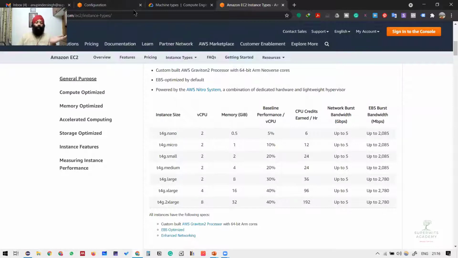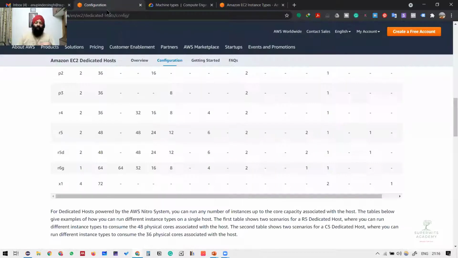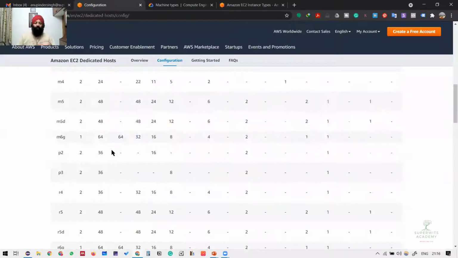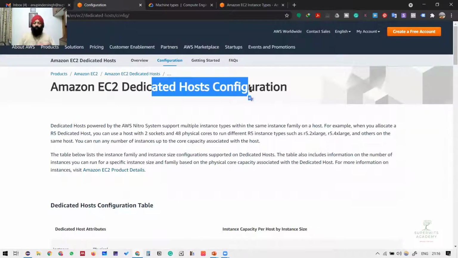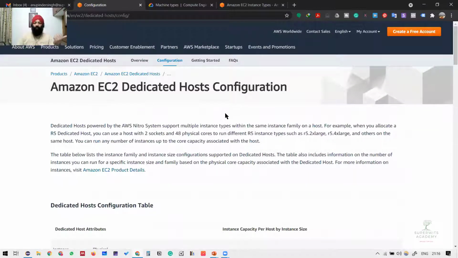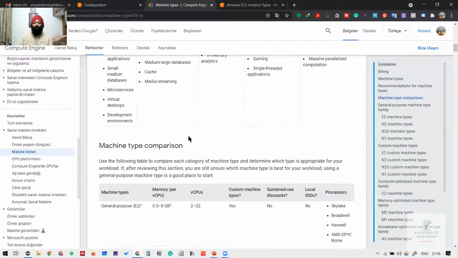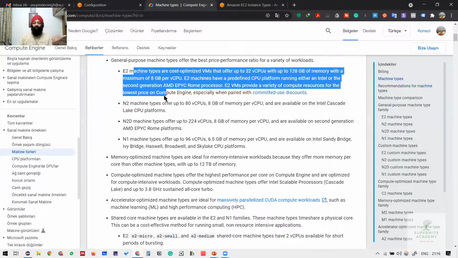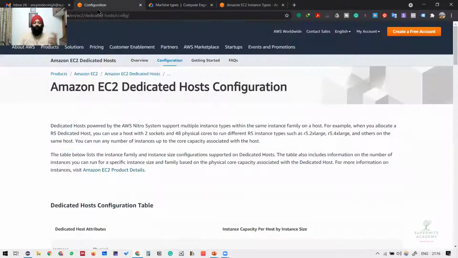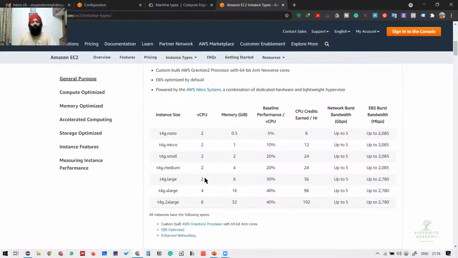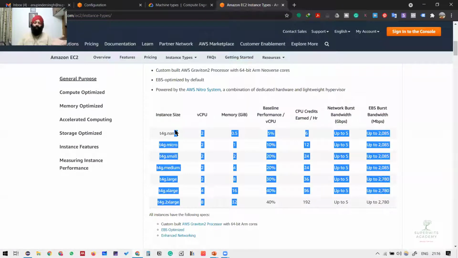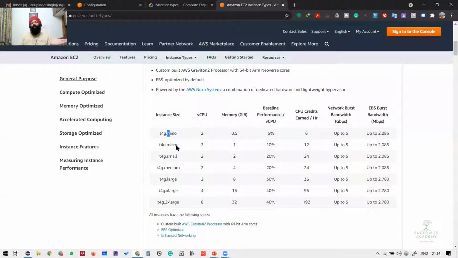So when I show you the demo, I'll be picking these dedicated host configurations for the data center host definitions, right? Like they have defined over here that the E2 machine has 32 processors and 128 GB RAM and so on. Whereas when I talk about the virtual machines, I'll be taking some sample configurations from these types of instances.